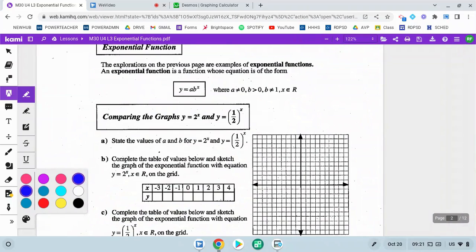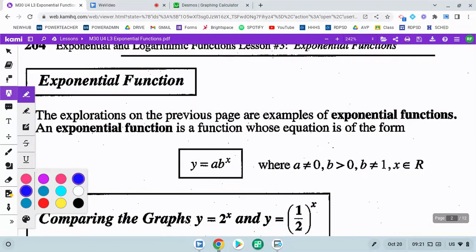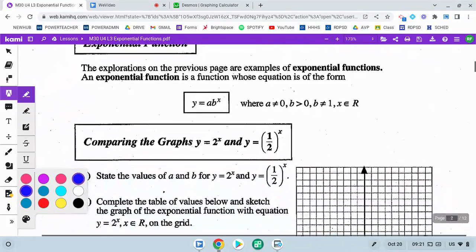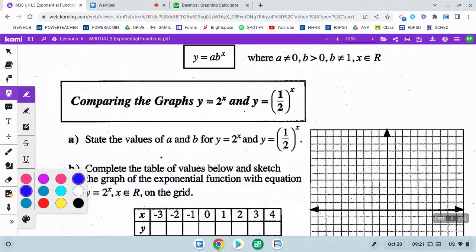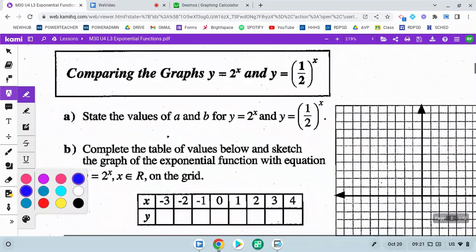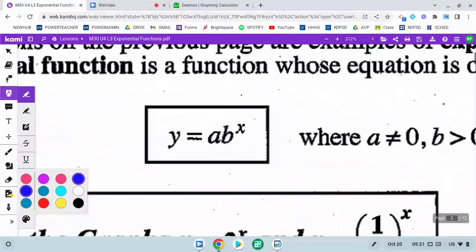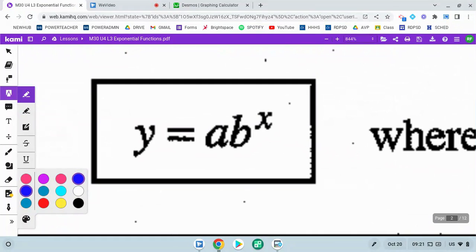So what we were just looking at was 2 exponential functions. Depending on the value of the base and the value of what's called the a value, we might get an increasing function or a decreasing function, and we'll talk about more of those details throughout those lessons, how to tell if it's going to be increasing or decreasing, and what the values of a or b change about the function. But our exponential functions always need to be in this kind of a format, where there's some number a,